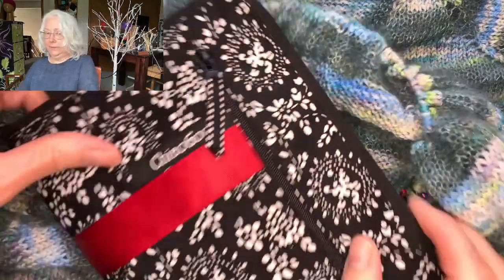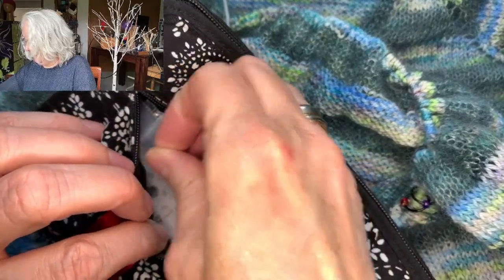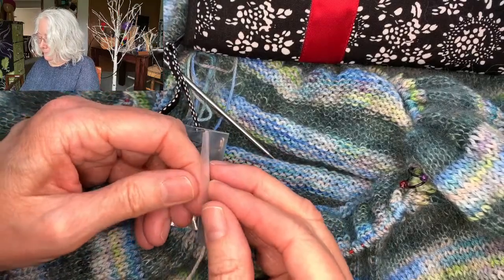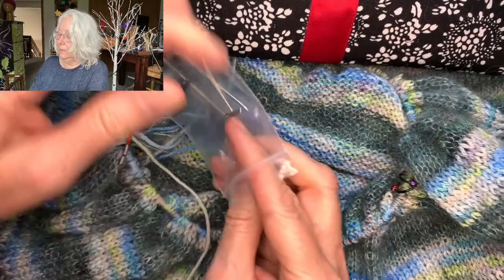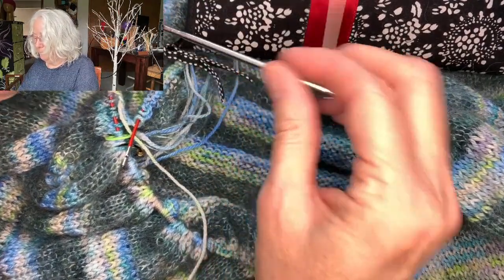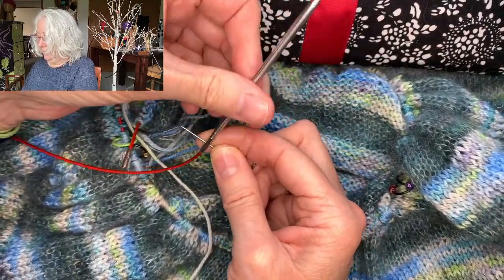So I'll get my fancy case that came with the set, and I'll find the, oh, I don't think they're in here. Yep, they are. So they have needle tighteners, but they're really just T-pins. The Knit Picks sets have different shaped, like they have special